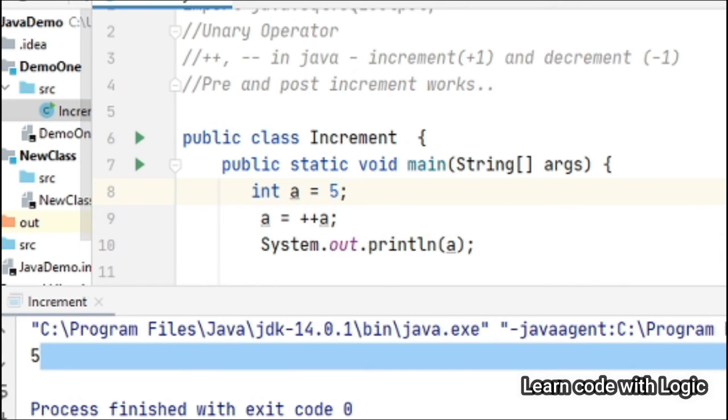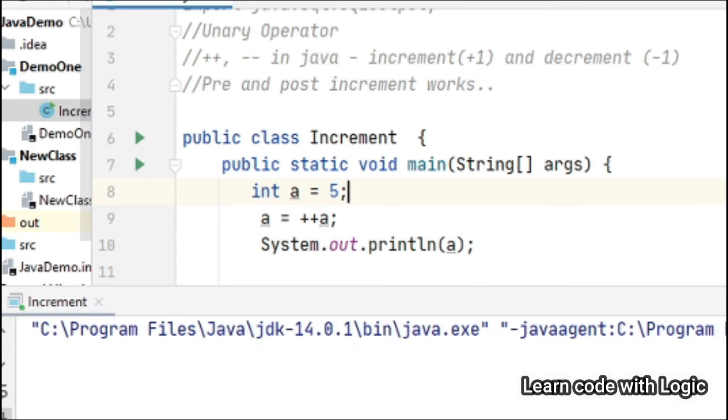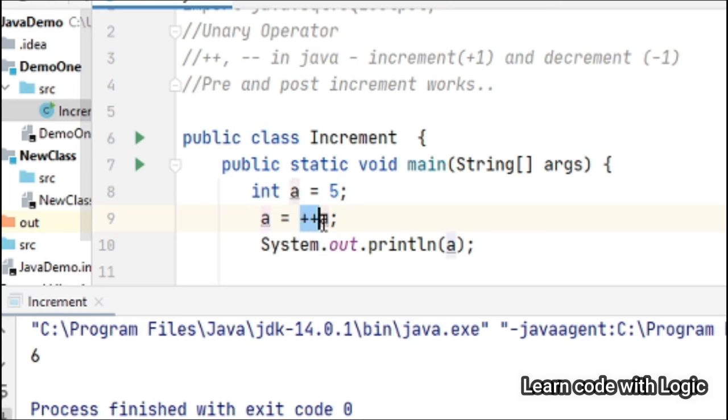Now you will get the output as 6. So basically what it does, the a value here first increases, then assigns the value. If you do like this, first it assigns the value, after that it increments. Only that is the difference. Other than that, pretty much the same.